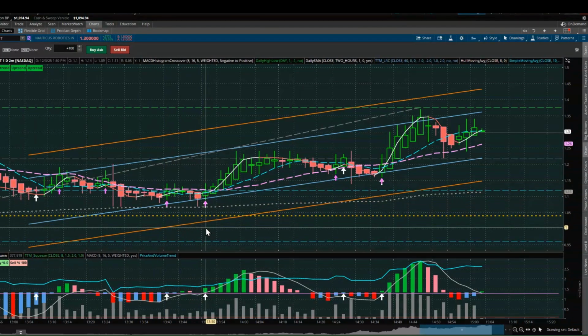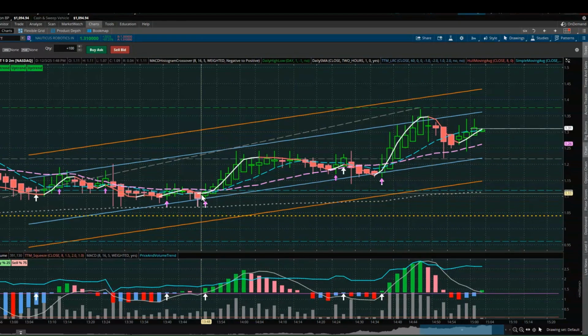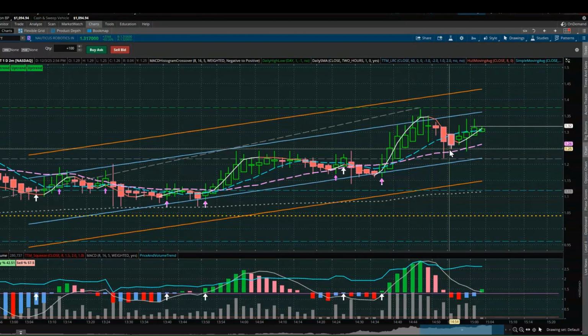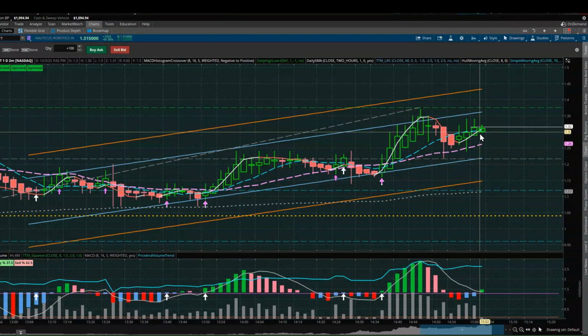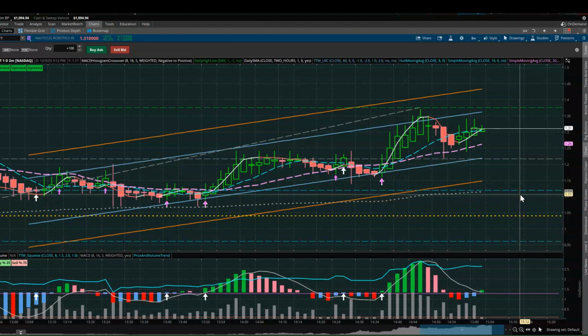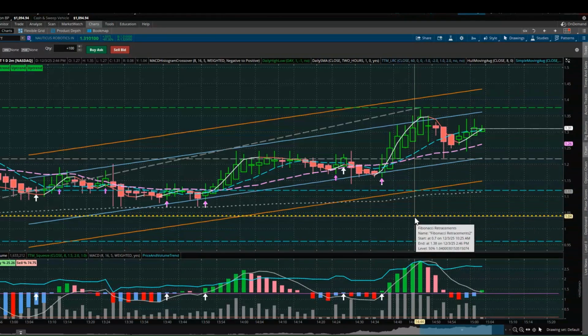So I'm thinking it rose again. And what happened is some people bought it, it went up, and then they sold it and got out. So that looks like that's going to be the high of the day, and it looks like it's going to go down to the 50% line, which is the yellow one. So that's how the Fibonacci lines are going to help you see how far down, how far up